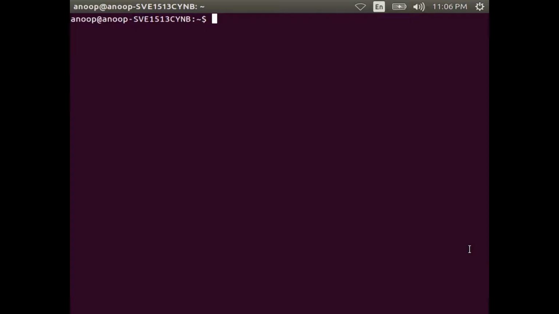Next, open the text editor. At the prompt, type gedit space first program dot c. Please note that first program is the name of the program and all the C files will have extension .c. Now, you press enter.